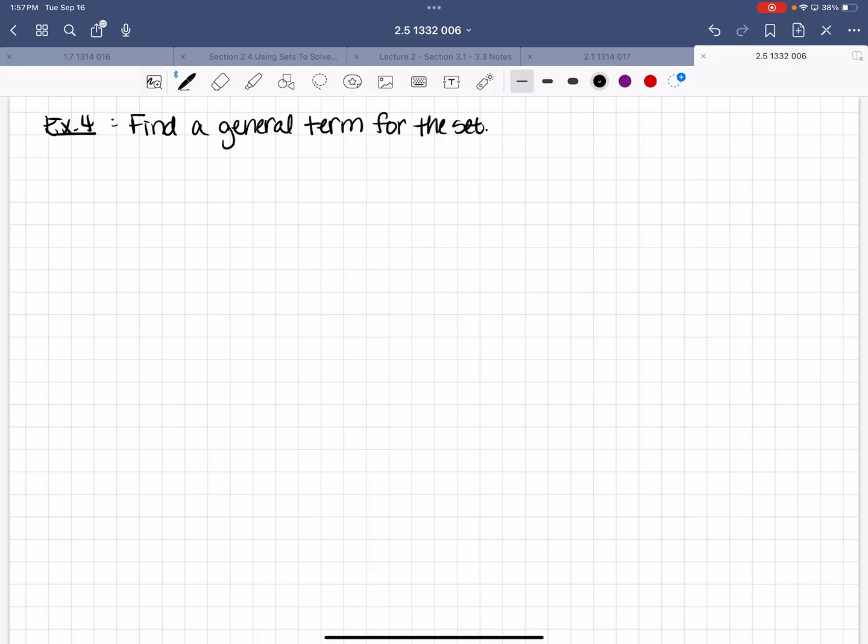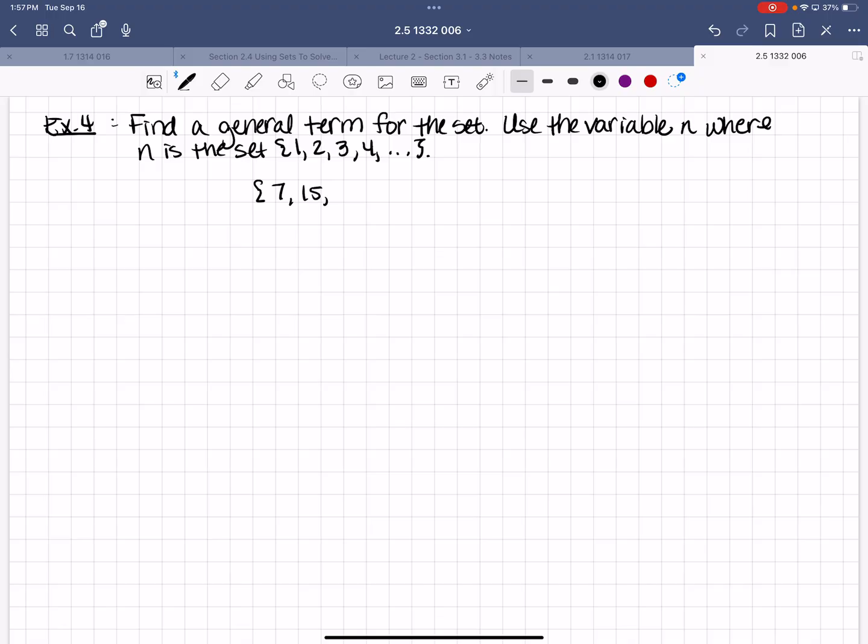Okay, use the variable n, where n is the set 1, 2, 3, 4, and then I have my ellipsis. Okay? And they give me, I need a rule for 7, 15, 23, 31, 39,